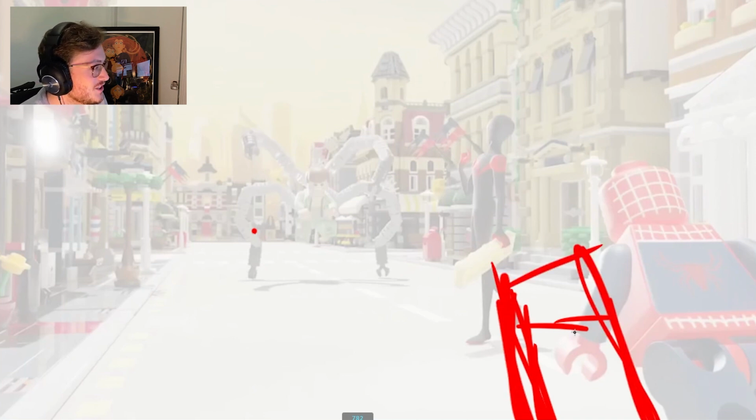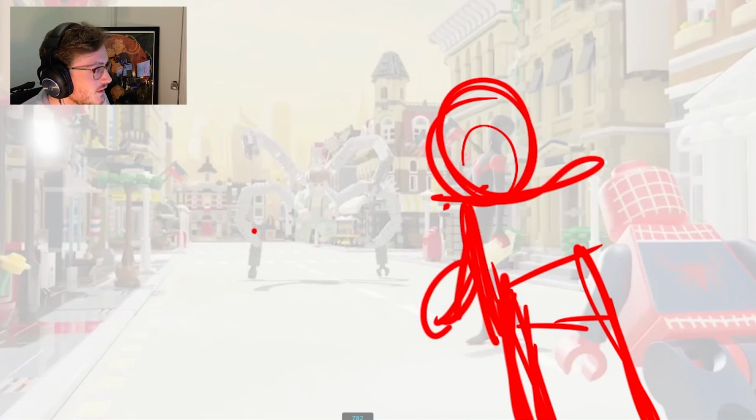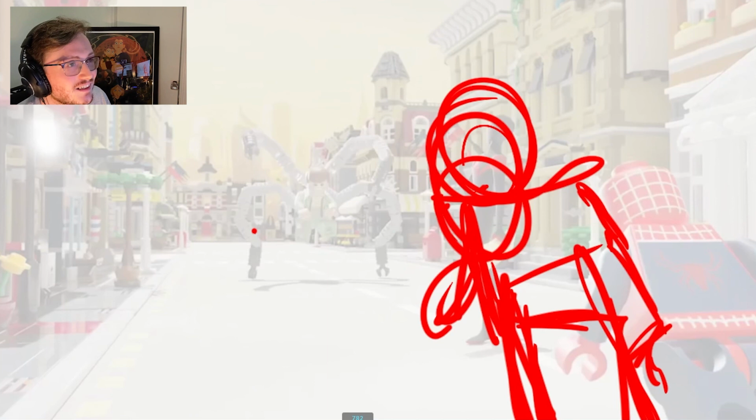You're going to have to see some very janky drawing from me now. But imagine this was Lego Spidey. He was kind of in here, and he kind of gets slightly shorter. And then I think, trying to think of how I would stage this. Let's erase some of this back.